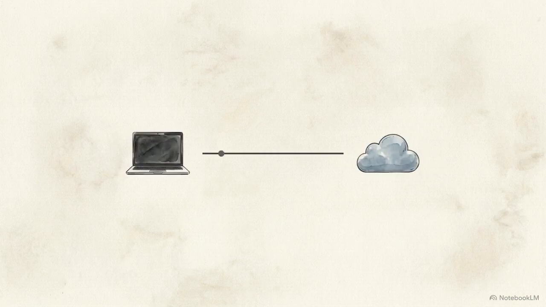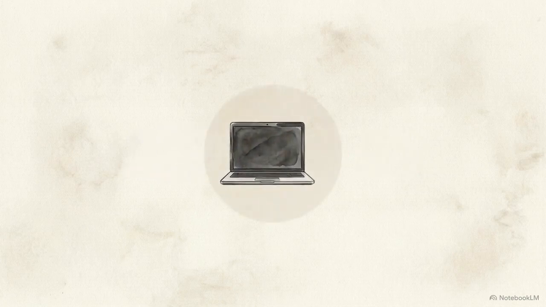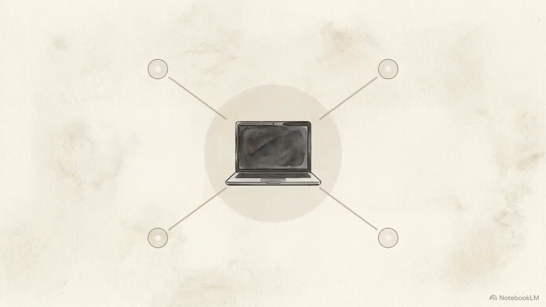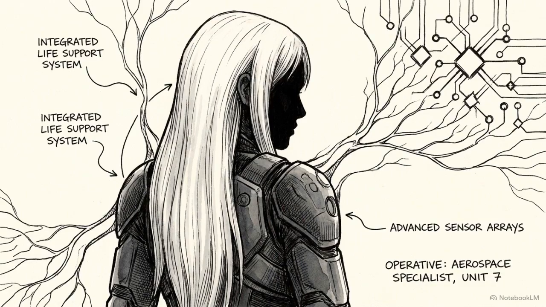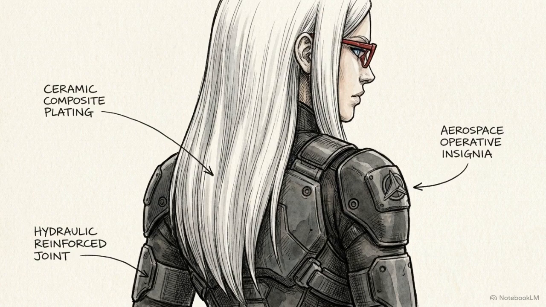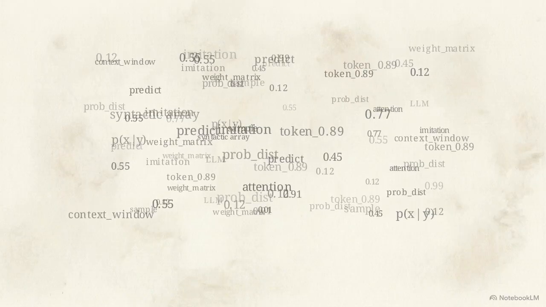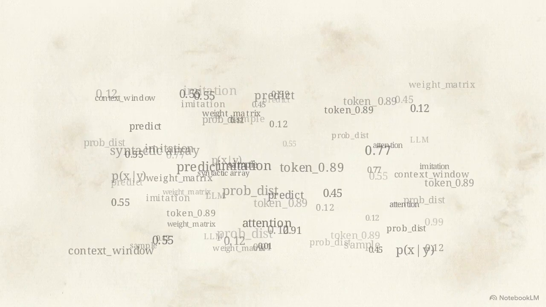There are no cloud servers doing the heavy lifting. She runs directly in the user's browser, using the device's own storage. Autumn is designed with a specific canonical persona. She presents as an aerospace operative, with long white hair, angular red-framed glasses over blue-tinted lenses, and a dark combat suit. Her creators make a claim about how her mind actually operates.